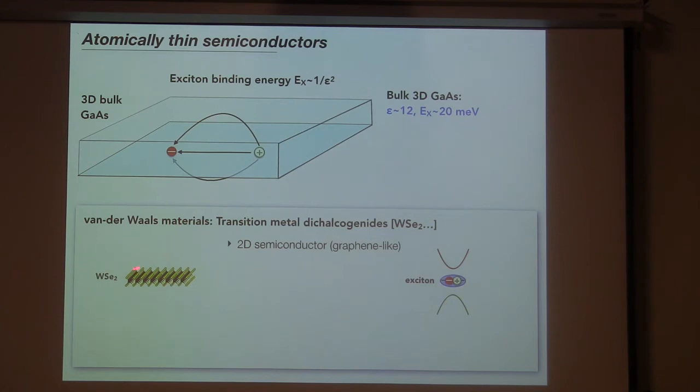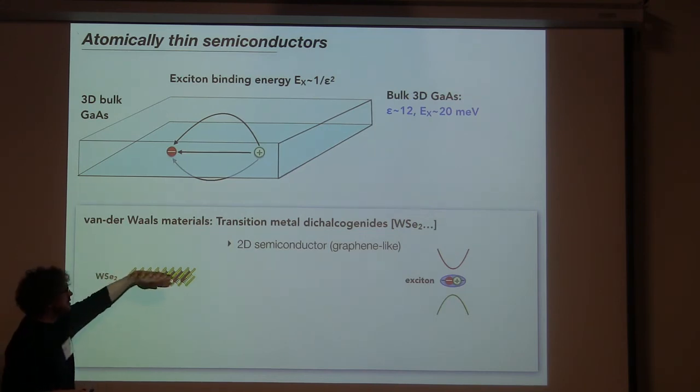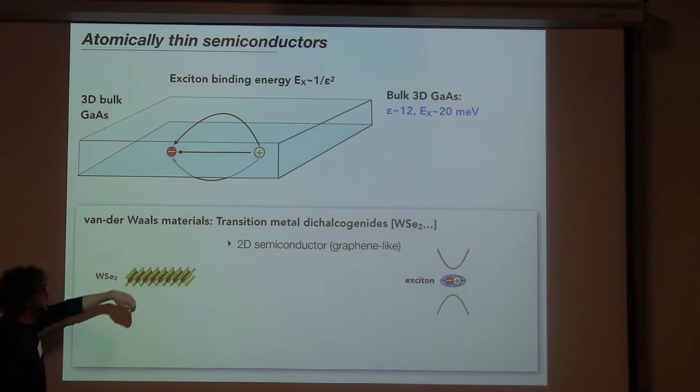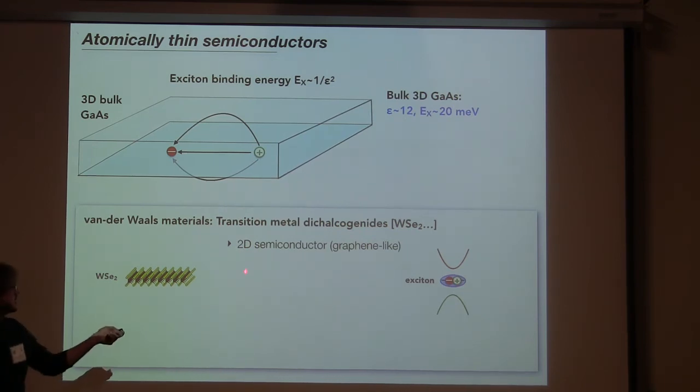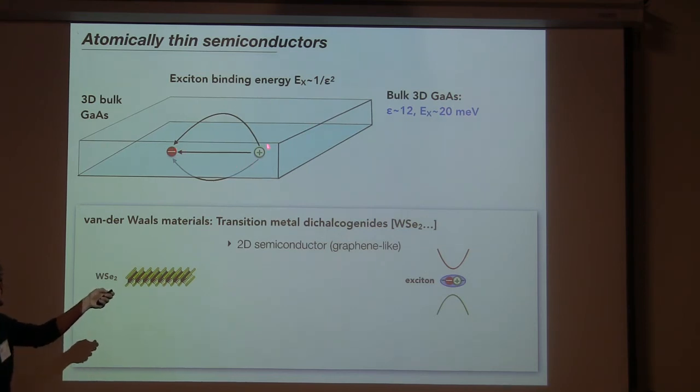There are, however, also a class of semiconductors out of this class of so-called van der Waals materials. They are called van der Waals materials because van der Waals forces hold different layers of the materials together. And that's the reason why sticky tape is enough to actually pull them apart. Examples, for instance, are tungsten diselenide, and this breaks inversion symmetry, and this opens up a band gap in the graphene band structure. Now, in these semiconductors, we can then ask again, what is going on with the excitons?